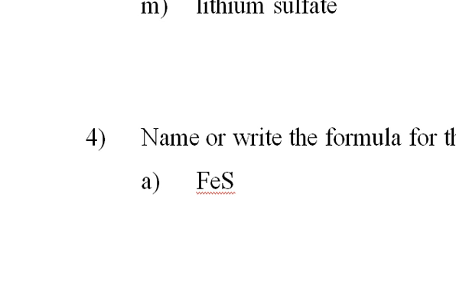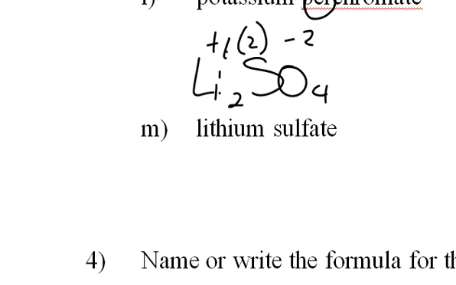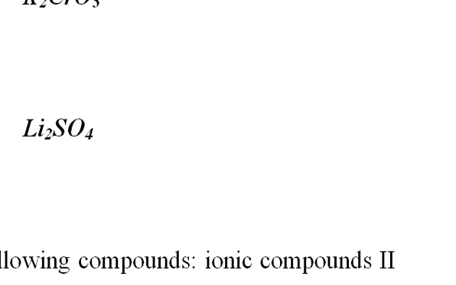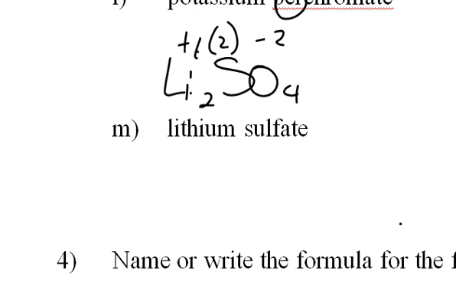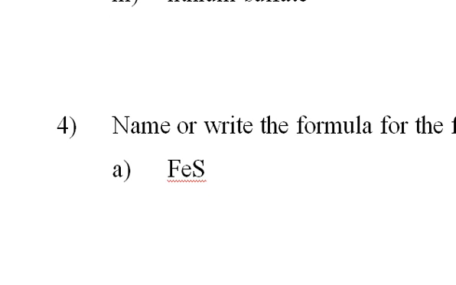Okay, now we have metals that have more than 1 charge. Now, how do we know that it has more than 1 charge? I think I said, yeah, ionic compounds too. Now I'll be more specific on the test on that. These have more than 1 charge. Okay, so knowing that it has more than 1 charge, we have to show Roman numerals to indicate the charge